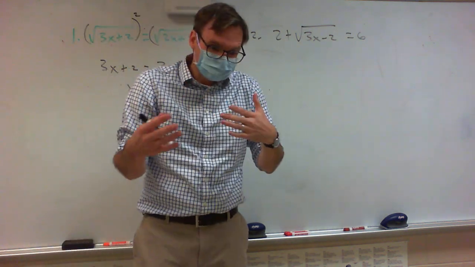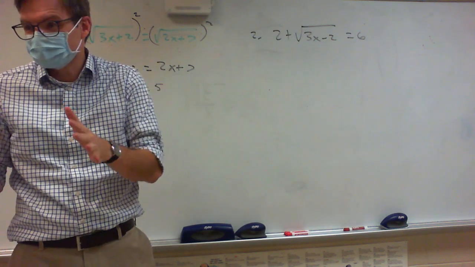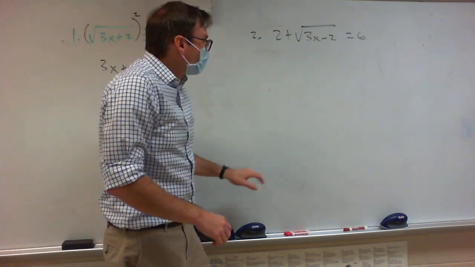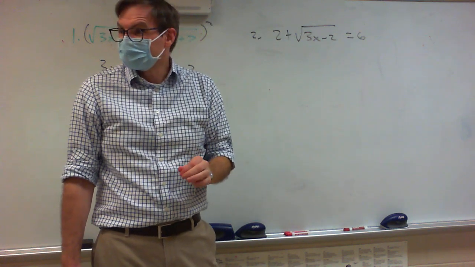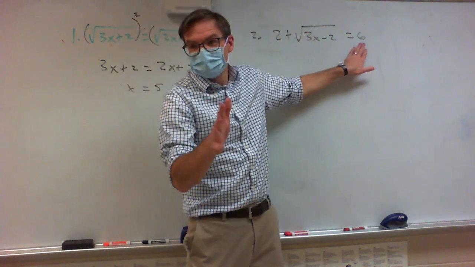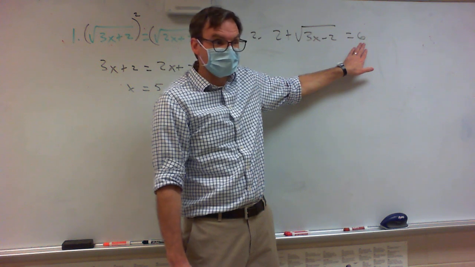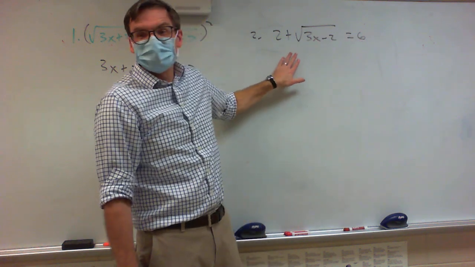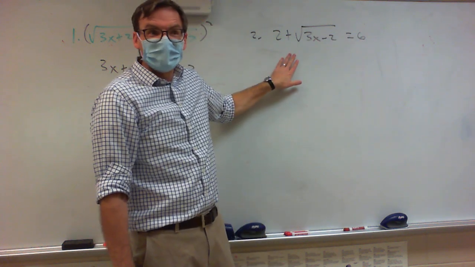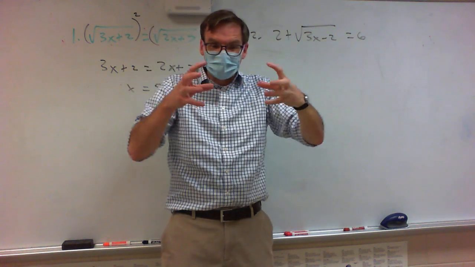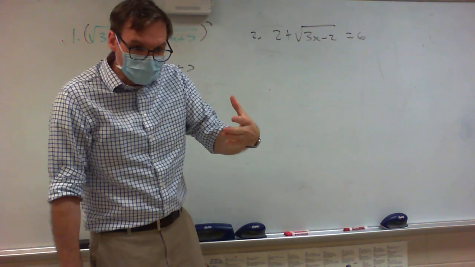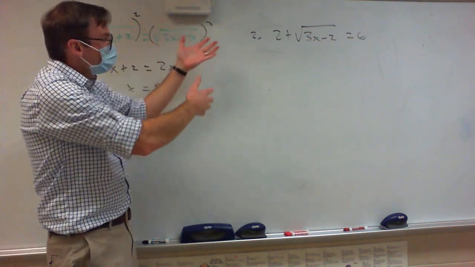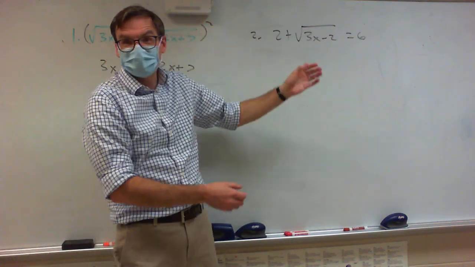But there are a couple of things I want to make sure you're aware of. Squaring both sides at this stage is not pleasant. Right? Squaring this is fine. Squaring this is absolutely hideous. This is effectively a binomial, and it gets really ugly. So your plan is, whenever you're solving an equation with a radical, you want to get that